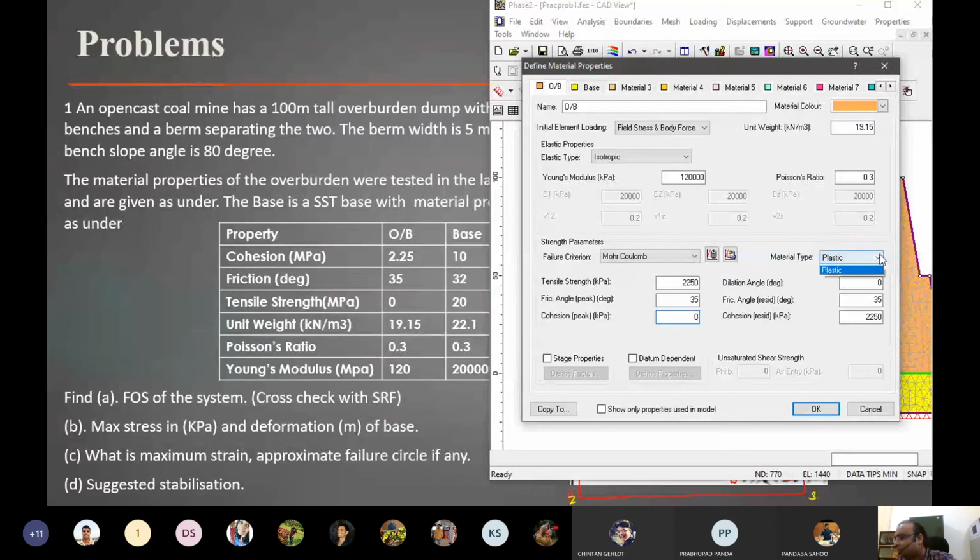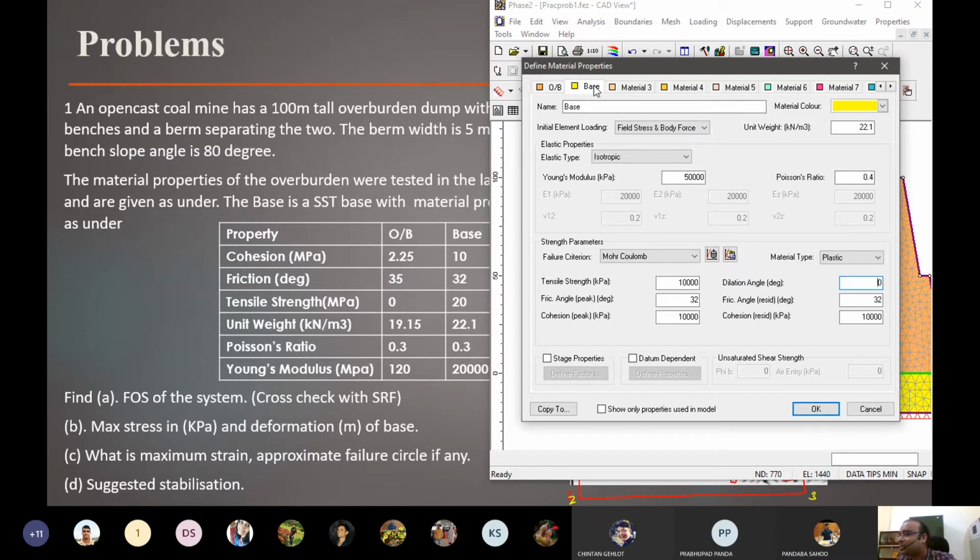And we have to give the plastic properties, right? So in plastic properties, what generally we do is either we give post-failure behavior properties, or we keep them as it is so that the plastic deformation can be represented. So let's keep them as it is for now, because they have not given any other residual values that we need here. So let's allow the plastic deformation, keeping the friction as it is, and since cohesion is not there anyways, so let's keep it that way.